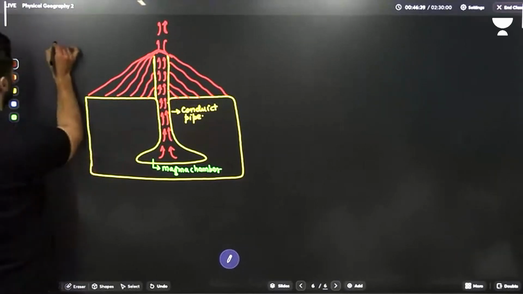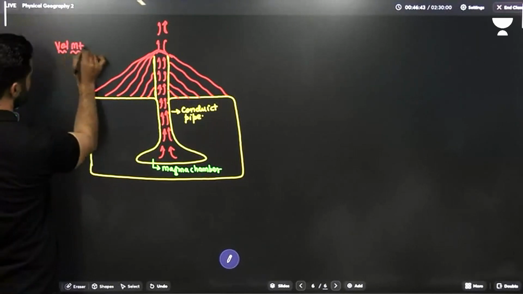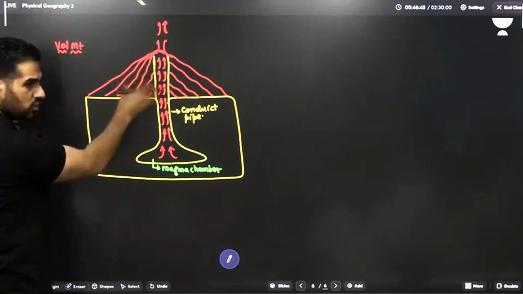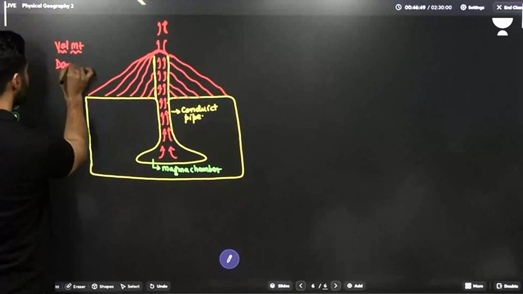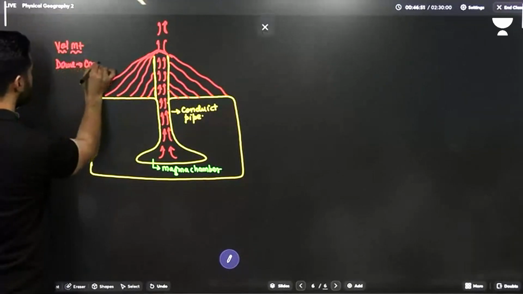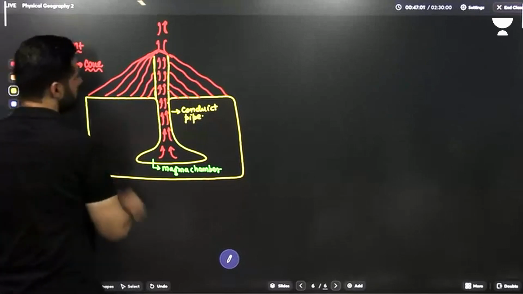So can I call it volcanic mountain? What is this dome shape? What is this dome in the shape of a cone? ये dome ही बना रहा है. But what is in the top of the dome? Cone shape. तो mountain ऐसे ही तो होते हैं. So it means wherever we have volcanic mountains, what type of lava is there? Acidic lava. अब यहीं पे अगर मैं एक और बात करूं,